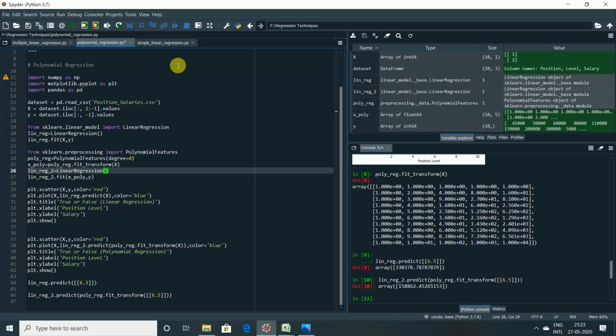And for the last, we saw that for the non-linear data set, linear regression is not well adapted. So that's why we were motivated to go further to polynomial regression, and in polynomial regression we get better results when compared to simple linear regression and multiple linear regression.